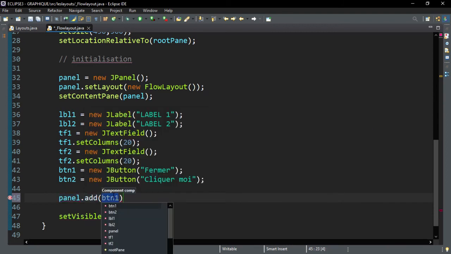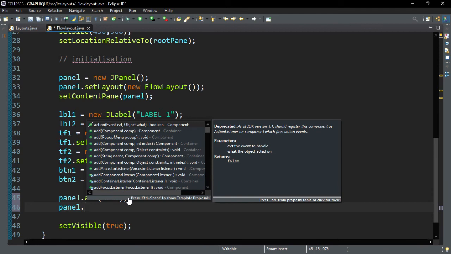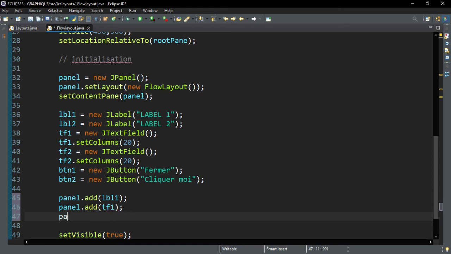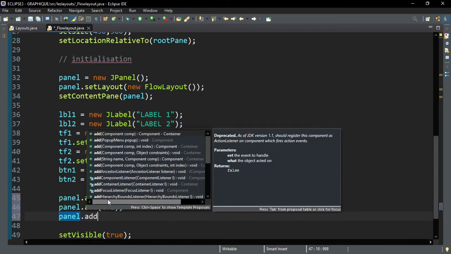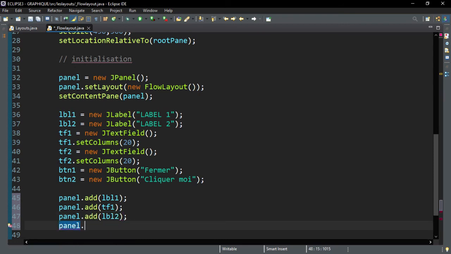Par exemple, je vais ajouter d'abord label 1, panel.add TF1, on va mettre encore panel.add label 2, panel.add